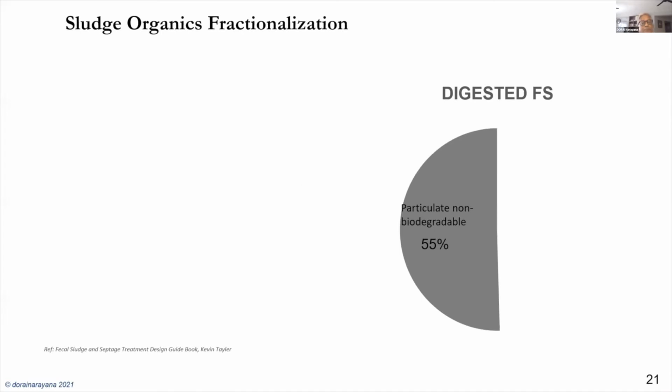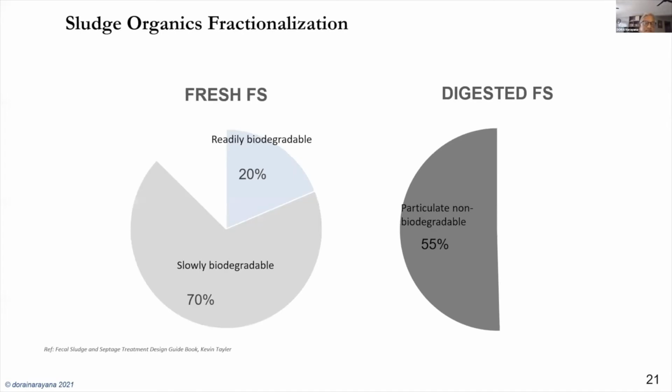Now we also have fresh fecal sludge. Fresh fecal sludge has not remained in the containment for a long period. These are containments, usually in public toilets or community toilets, for example, which get emptied on a very frequent basis. They could be emptied on a weekly basis sometimes, maybe a month or so. And because of the frequency of emptying, the settled sludge inside does not have much time to undergo degradation, right?